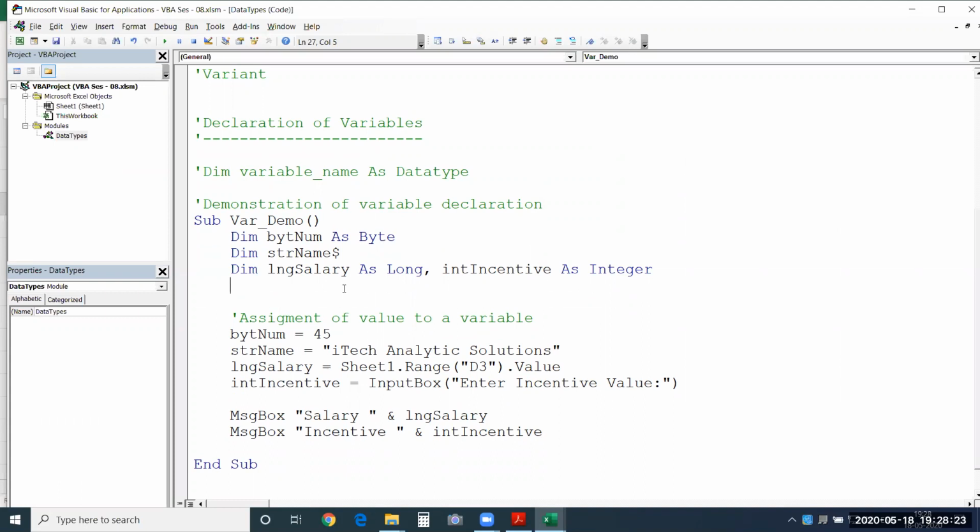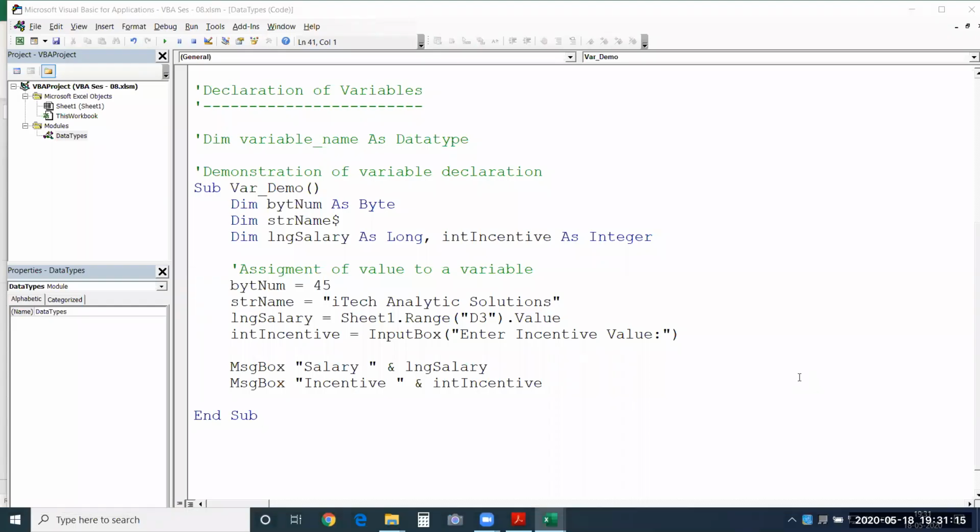So you should decide based on the value that you're storing in the variable. Based on that, you will decide what data type has to be used. Okay, so just give me a minute, I'll pause.